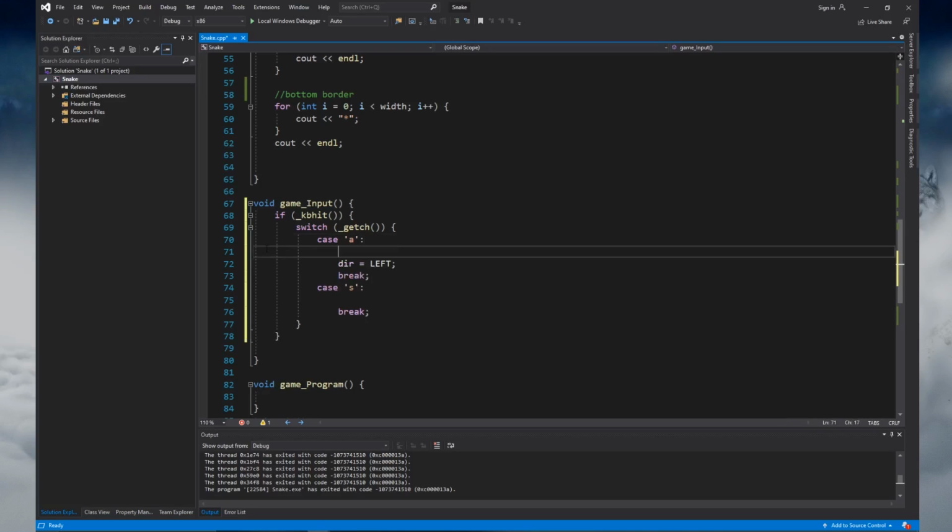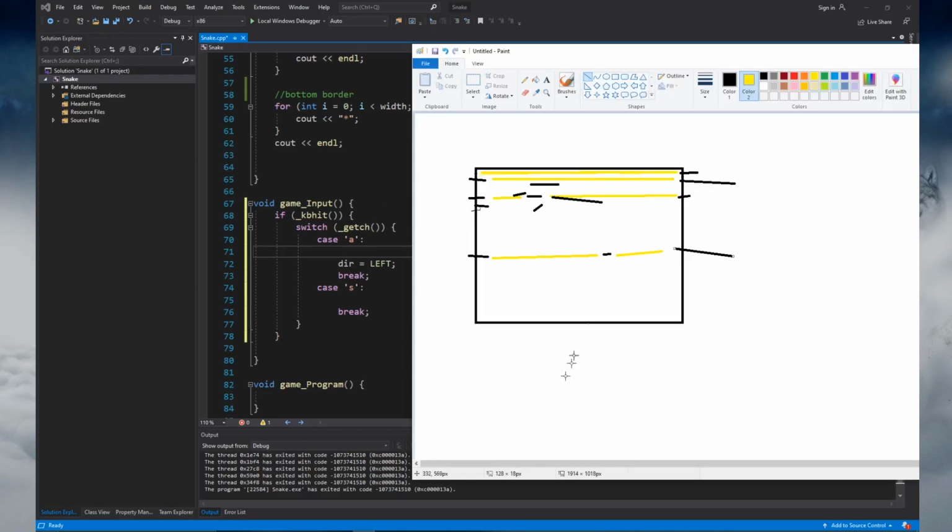Now, another problem that occurs with this, as you see, there are many problems with programming, is that when you play Snake, you do not want to hit left and then go right. So hit left and then hit right to go right. Because then our Snake would just, if I can,